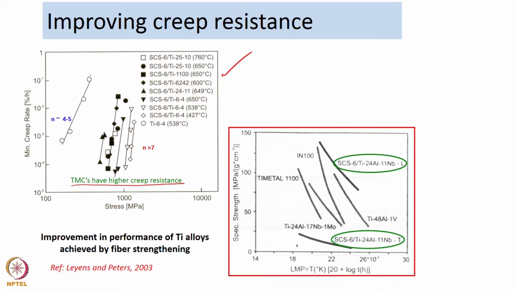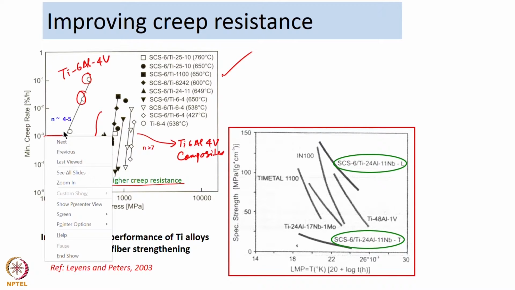This data corresponds to titanium 6 aluminum 4 vanadium, whereas all this data corresponds to the titanium 6 aluminum 4 vanadium composites. So, if you look at the data, to achieve a certain creep strain rate, let us say 10 to the power minus 3,